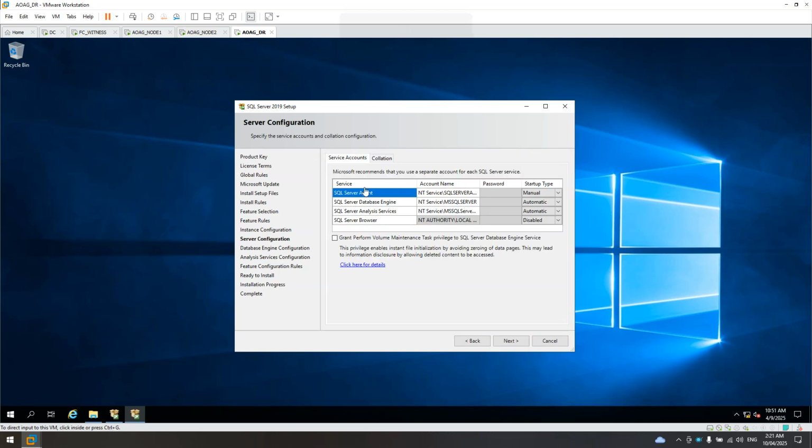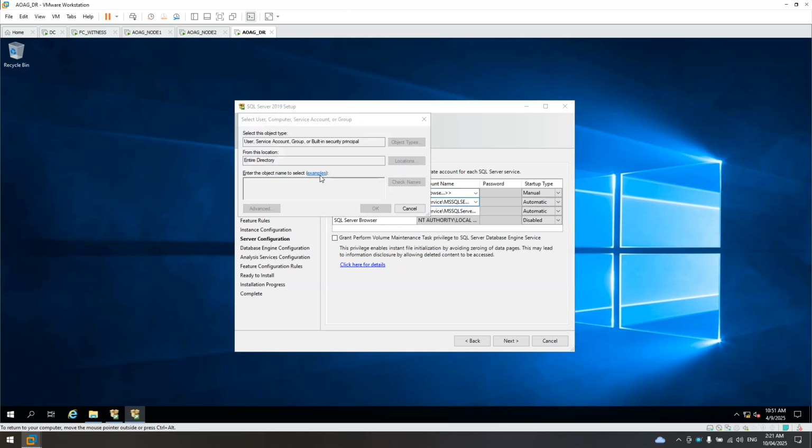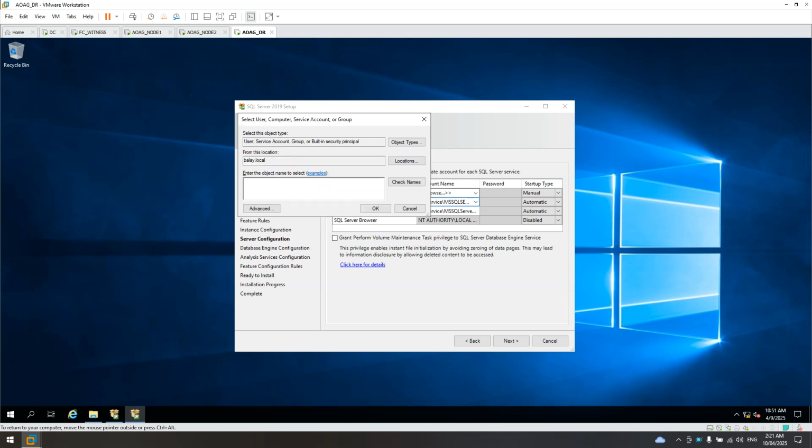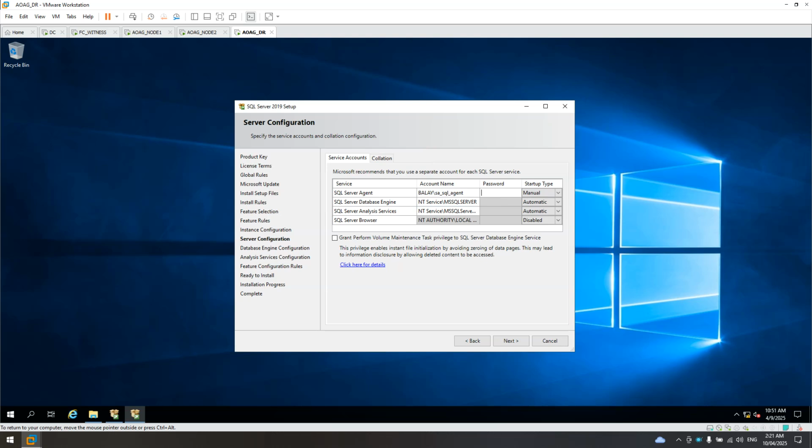Same. Let's do it for DR. Same here. Okay, let's use the SA service account, SQL Agent. Type in the password. Then automatic.